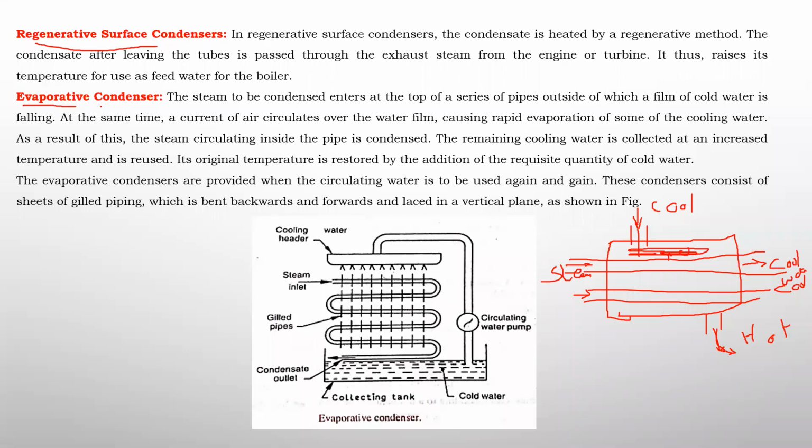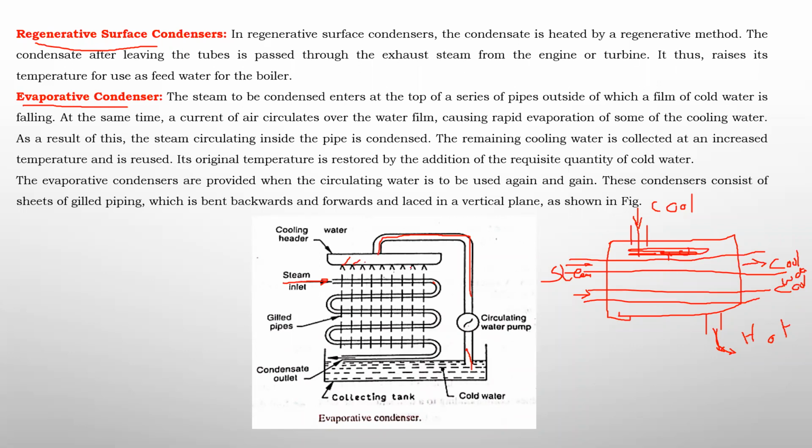And the next one is the evaporative condenser. Why evaporative? Here, if you observe properly, the steam is entering in the pipes. This is the pipeline through which the steam enters. This whole arrangement is nothing but an evaporative condenser. Why the name evaporative? If you observe, this is the water pump, right? High pressured water will be passed through the top. Here there are so many nozzle arrangements. All these are the nozzles.